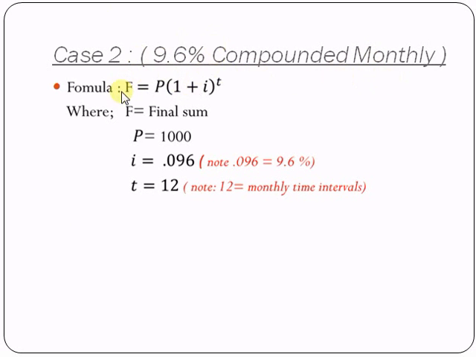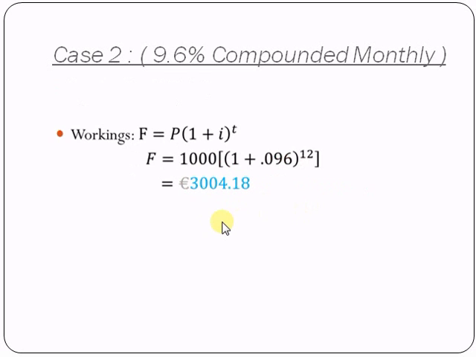Now moving on to the second case, the 9.6% compounded monthly. We'll use the same formula again. F again is your final sum, P is 1000, I is your interest rate, which is equal to 0.096, and take a note that 0.096 is equal to 9.6%. t is equal to 12. Take a note that 12 is equal to monthly time intervals. Here's the workings for that now, and F is equal to 1000 times (1 + 0.096) to the 12, and